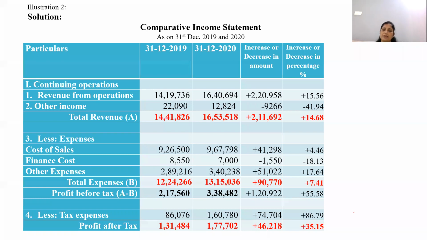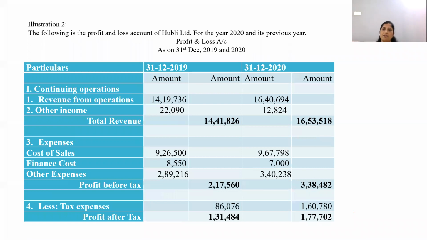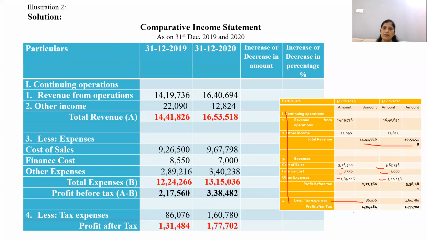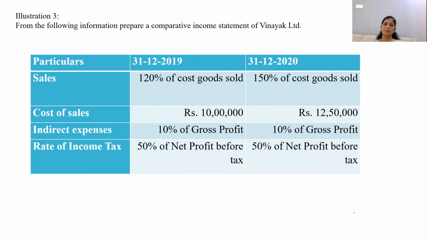See here, girls, this is the problem that was given. The income statement was given like this. Along with this, working notes or notes to accounts is given. Now, notes to accounts, you are not going to bifurcate and do the calculation. As per comparative income statement, you are just taking the direct values, the main headings, its values and its calculations. Okay, hope you all are very clear about these problems.